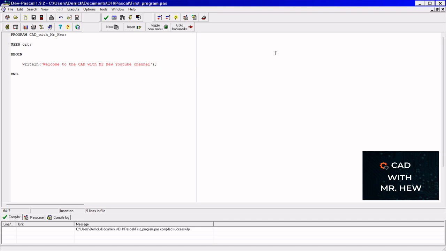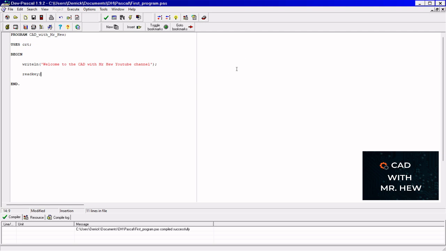So to enable the person to see the output of the writeln, you'd have to write either readkey semicolon,